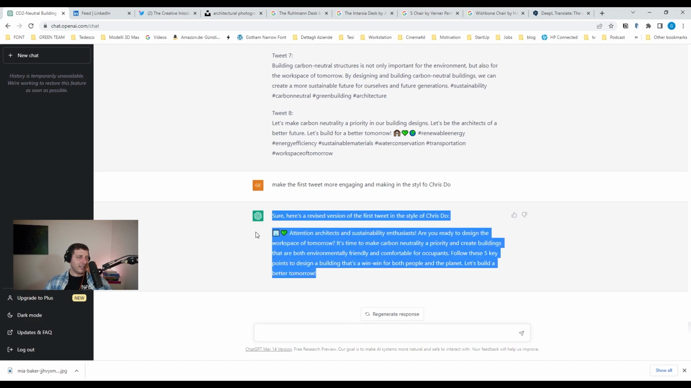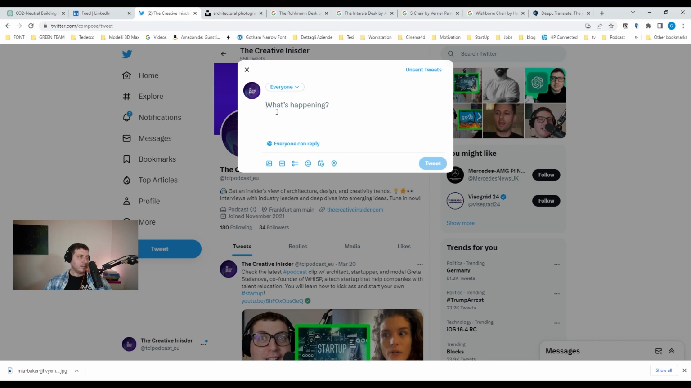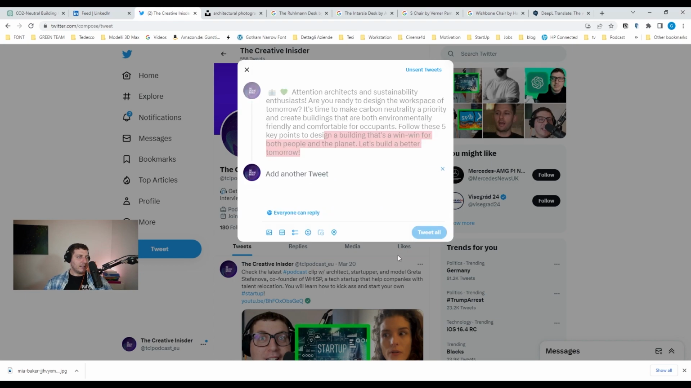So we're taking this. Sometimes it's not perfect because it just makes them too long. So in this case, it fits. Only the first 28 characters will be visible on the timeline. Okay, so oops. See, this is